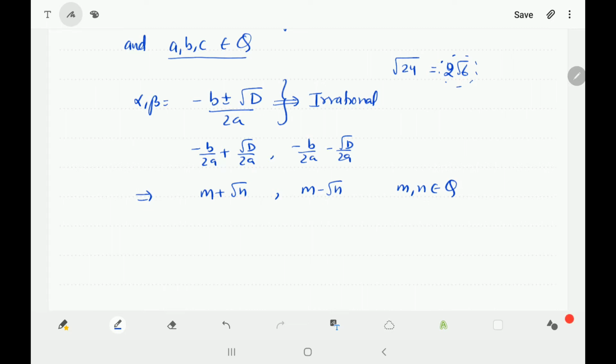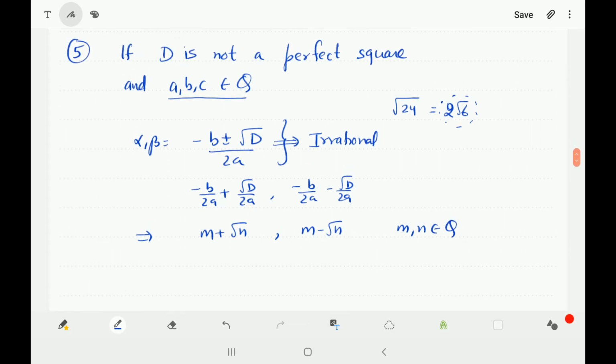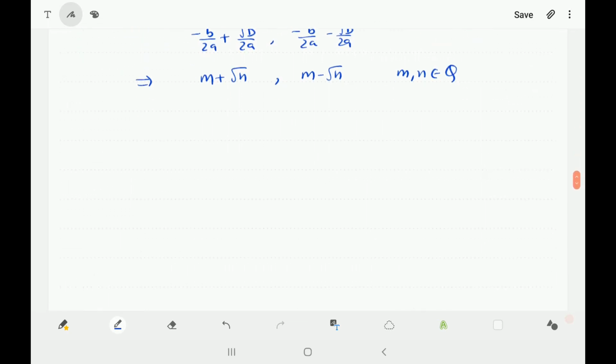I hope this is clear, that if D is not a perfect square and a, b, c belong to rational numbers, then our roots will be of the form m plus root n, m minus root n. Here I want to state an example also. For example, if I say,